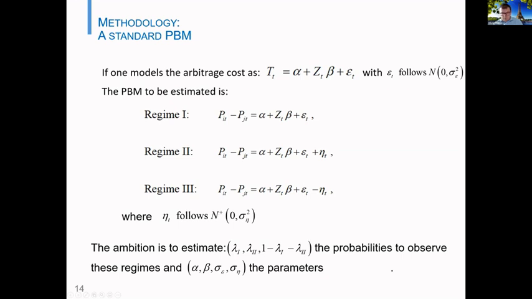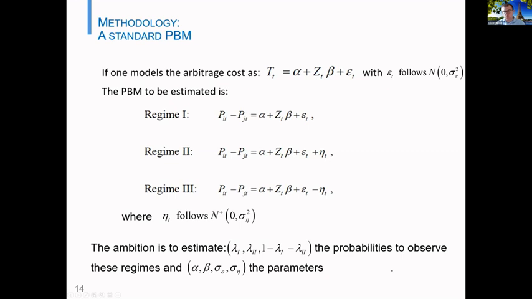So it's a positive term here, a positive random variable. And absent, of course, in the other case, it will be too low. And in that case, we also observe another random variable that is also truncated normal, but in that case, subtracted, so that the spatial price is too low. And so the ambition is to estimate not only the parameters for the transportation costs, which are not of so much interest, but also the probabilities to observe the various regimes.